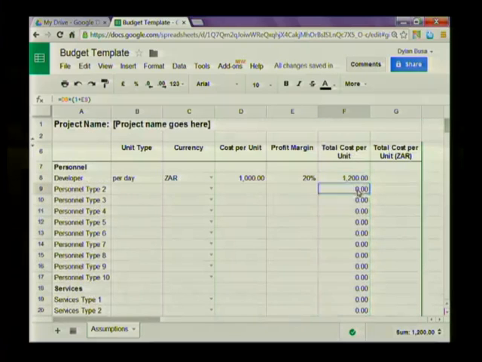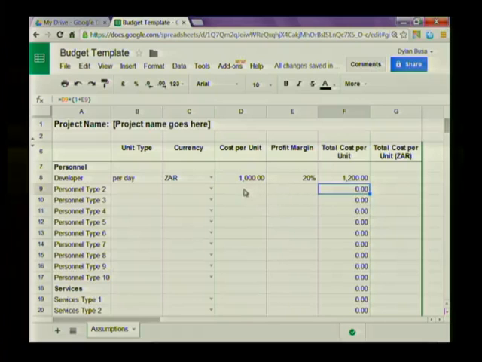Now you'll notice that each of these now says 0, and that's for a very good reason. And here's another reason why it's better to use cell references, not real numbers, when you are using mathematical formulas. Because I've autofilled this cell from row 8 into row 9, can you see that the formula has automatically changed from being D8 and E8 to D9 and E9? And the reason it's 0 is because we don't have any values